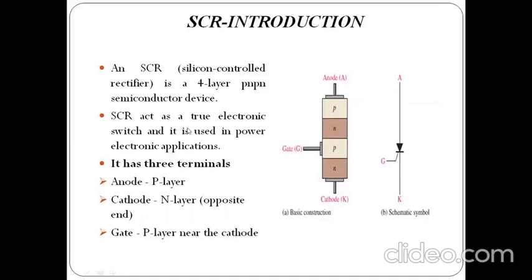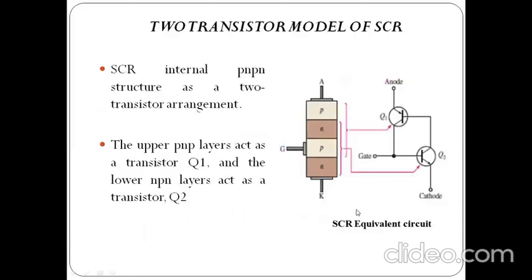The SCR can act as a true electronic switch and is used in power electronic applications. The SCR is similar to the 4-layer diode, except that the SCR has the extra gate terminal.